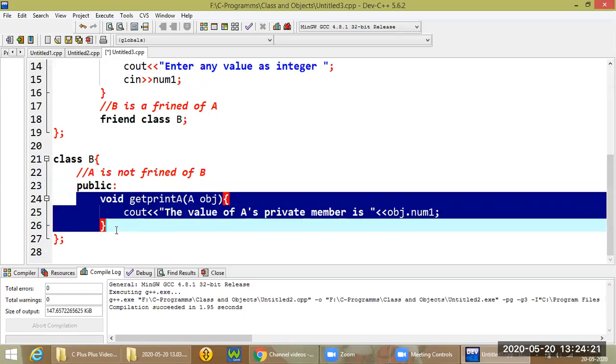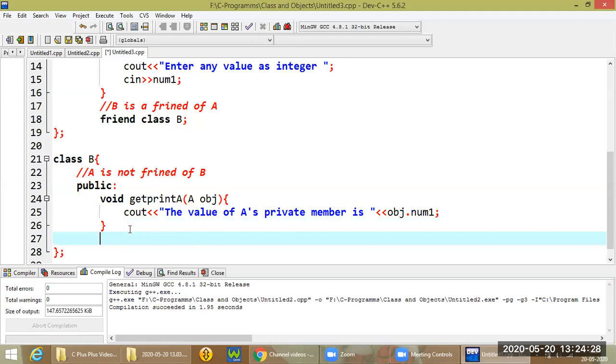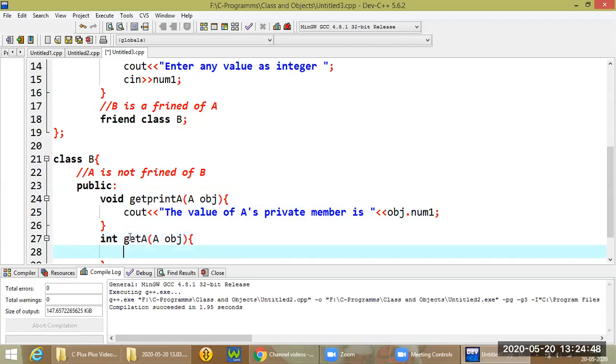Similarly, we can include various other functions in class B. For example, getA, which returns the value of A's private data. We pass the object as argument and return obj dot num1.